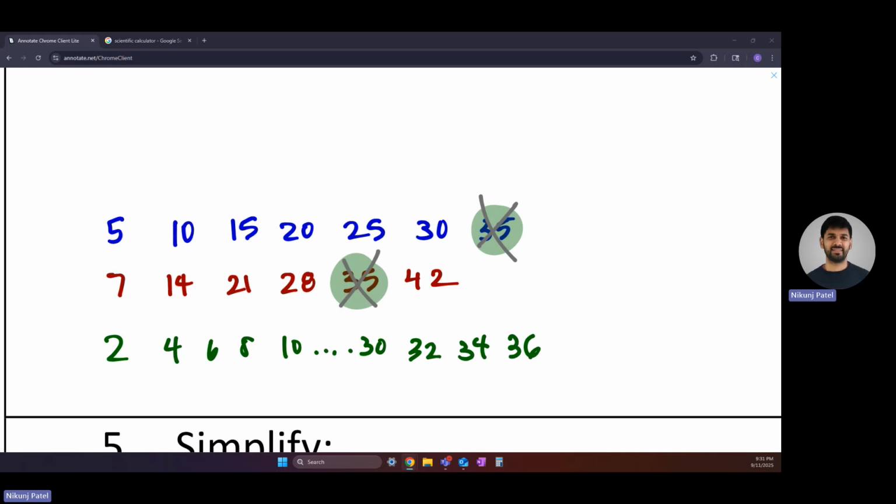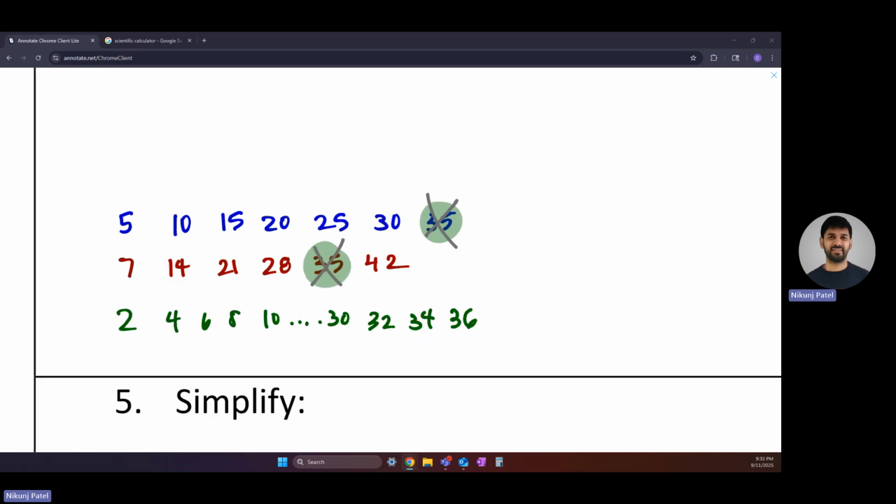So let's keep going, right? We list out more numbers. Let's keep going with the 5s: 40, 45, 50. Our 7s are going to go a little bit quicker: 49, 56, 63, 70, 77. Right, let's just jump back up to our 5s again: 55, 60,